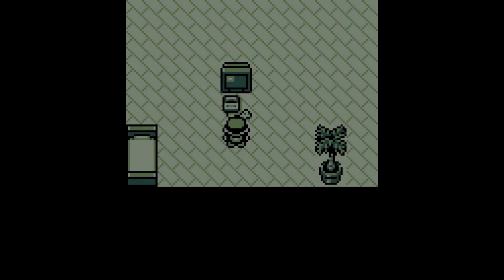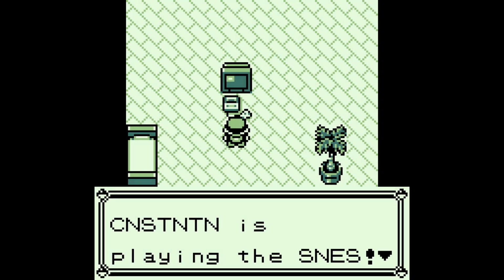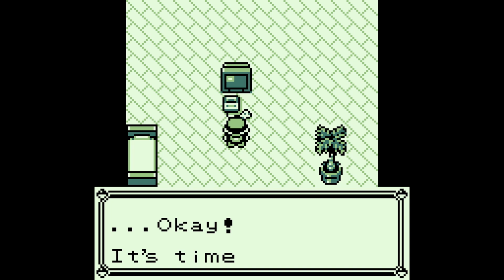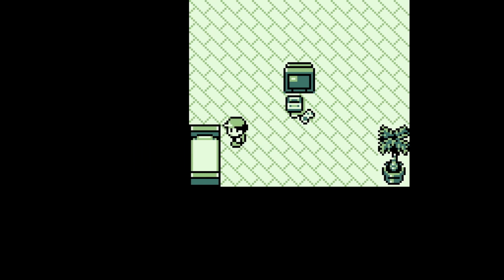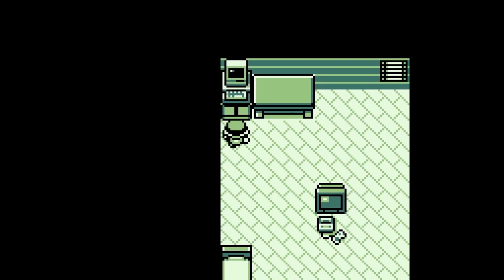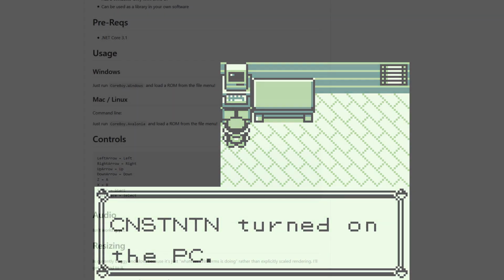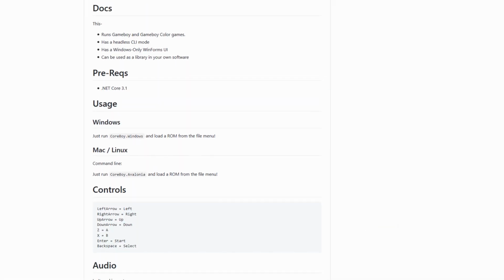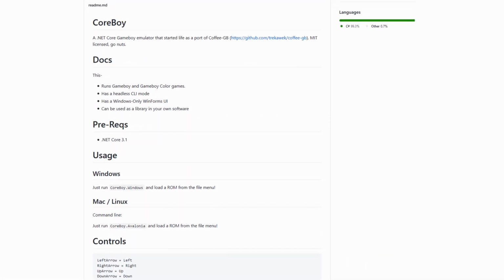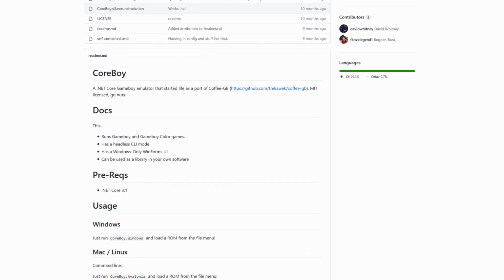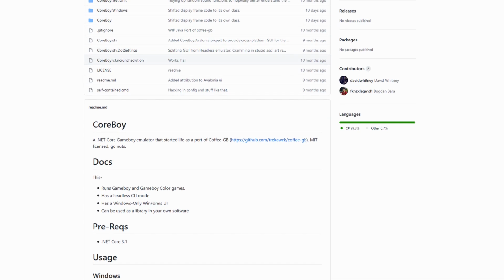Okay, let's get technical. I wanted to do this project quite fast, and did not really want to build a whole emulator myself. So I began looking for an open source emulator made in C#. I needed something that could run in a Linux terminal, mostly because I did not want to run the game 24/7 on my home computer. There is actually one emulator that checked all those boxes. Its name is Coreboy.